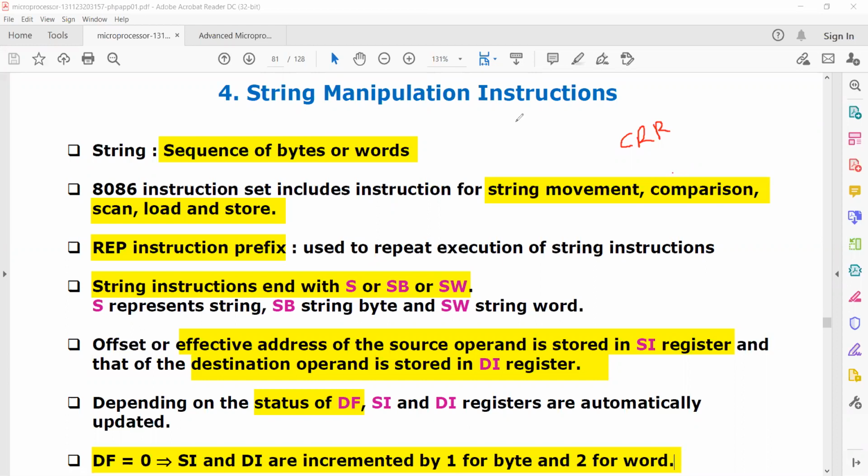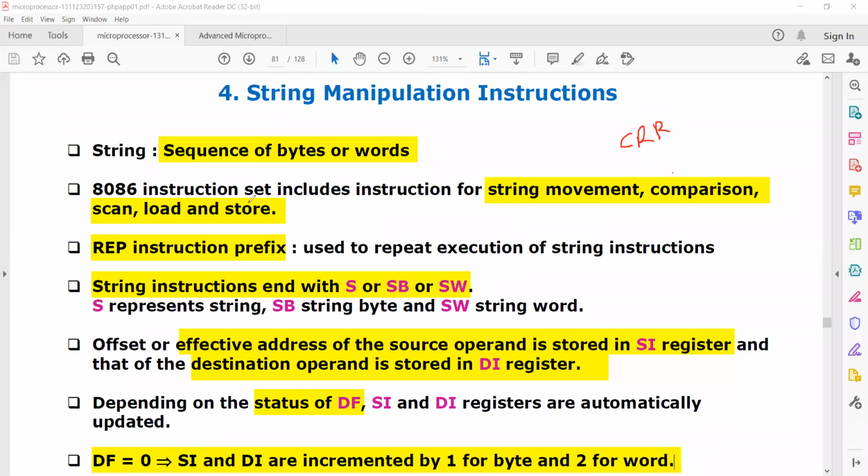A string is nothing but a sequence of bytes or words. The 8086 instruction set includes instructions for string movement, comparison, scan, load, and store.